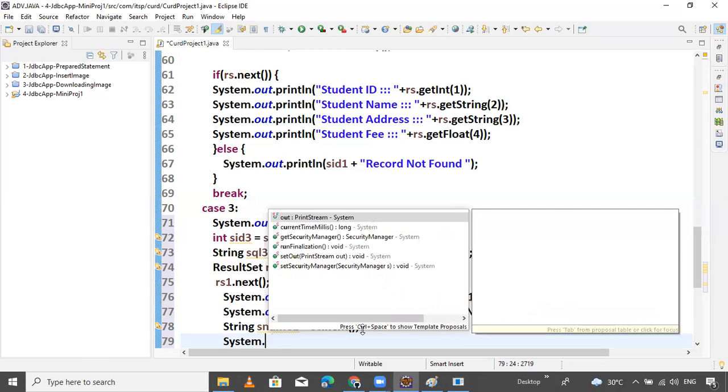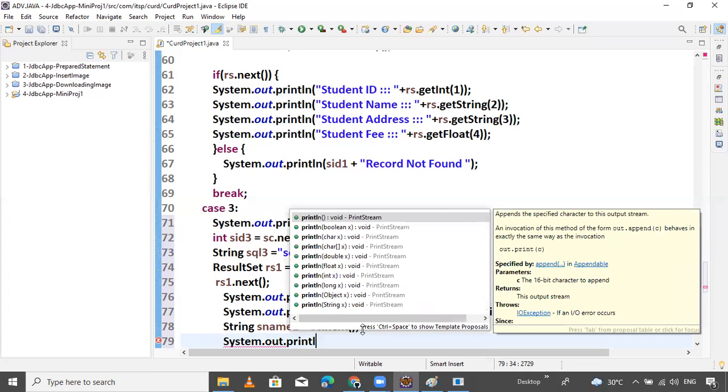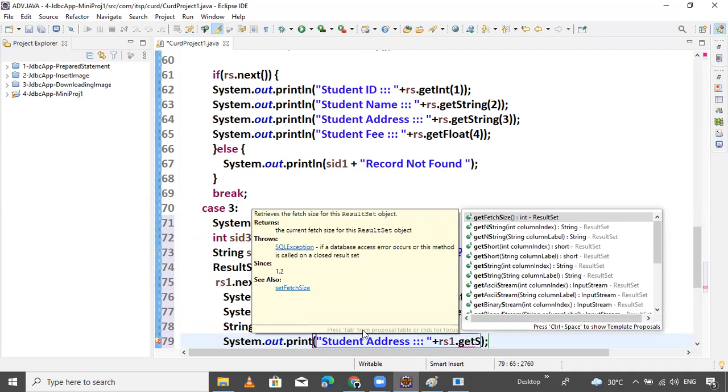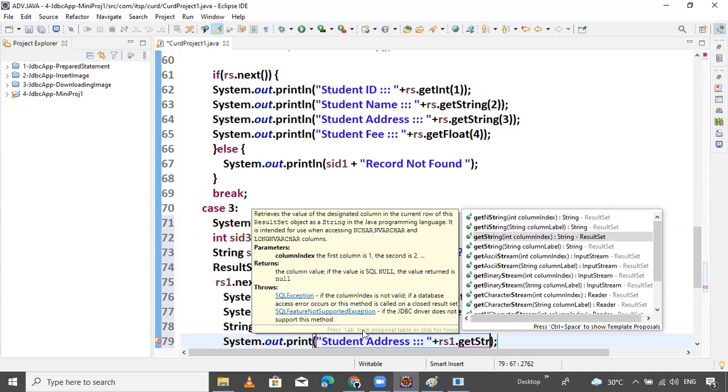System dot out dot print. Print is the method. Student address. What is that? Student address, the old address it will show. What is that? Old address is rs1 dot get string. Get string is the method.